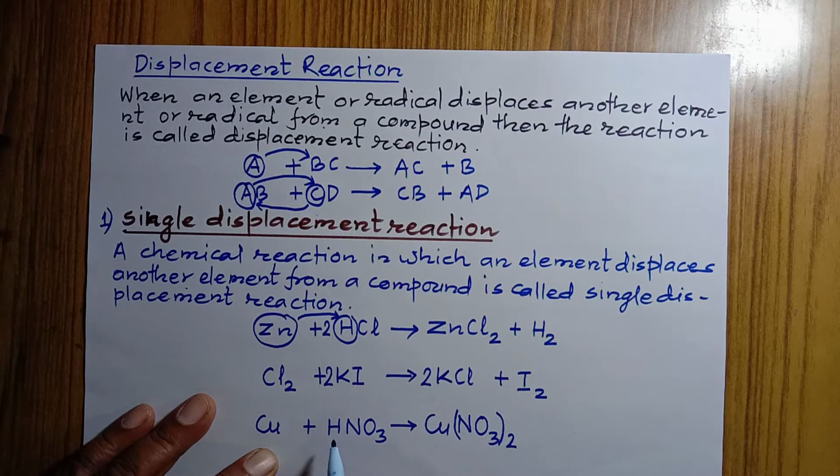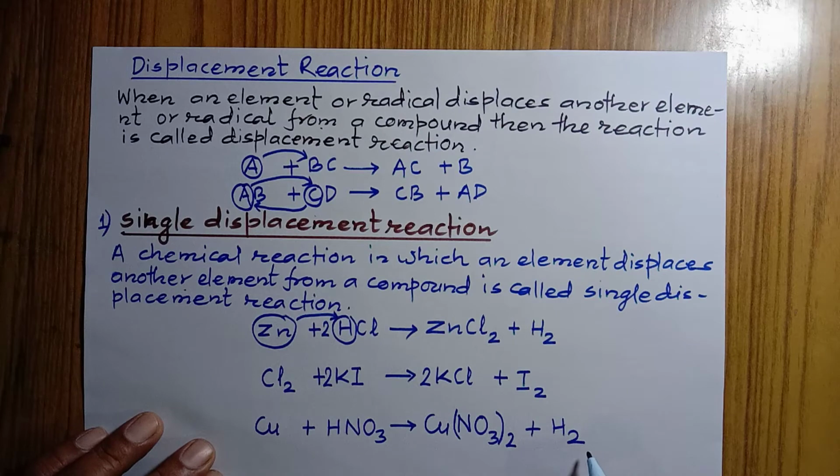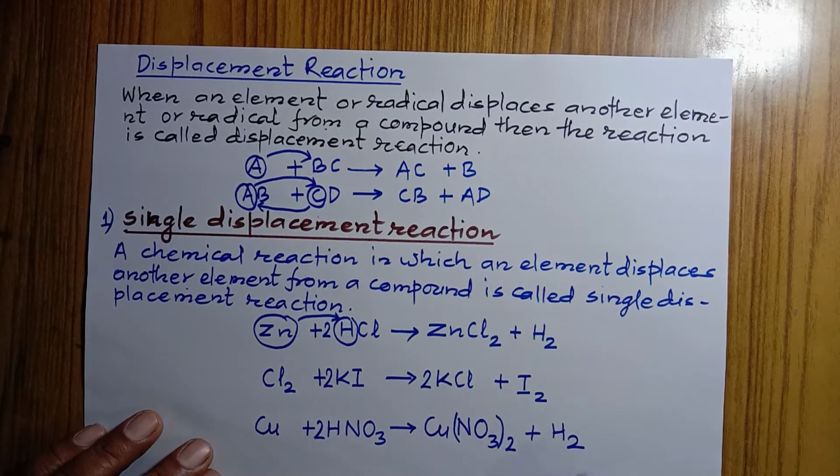Now the displaced hydrogen, when it becomes free, becomes diatomic. I mean to say it always remains in the diatomic state. It is in the form of a molecule. Okay, now we have to balance it. Hydrogen 2, hydrogen 1. Here we have only 1, that's why if we take 2 here, then it is balanced